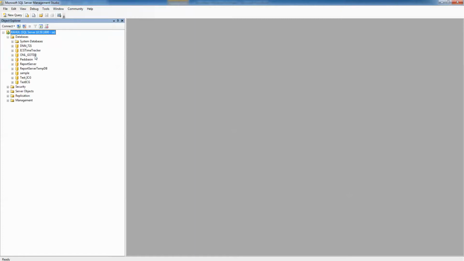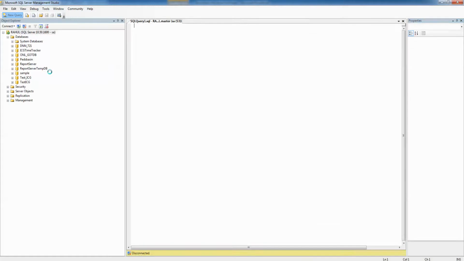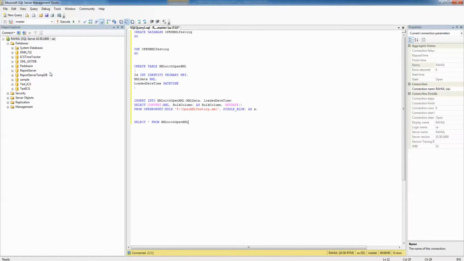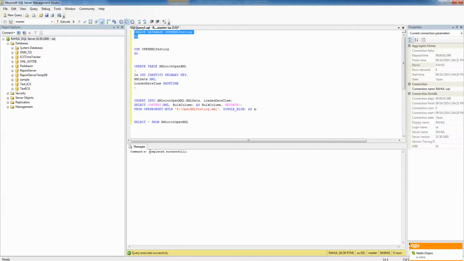Let me expand the database node. We click on new query. Okay, so the query editor is loaded up. Let's create a new database. Create database, let's name it Open XML Testing. Execute. So the database gets created. Let me quickly refresh it. You can see here the Open XML Testing database.